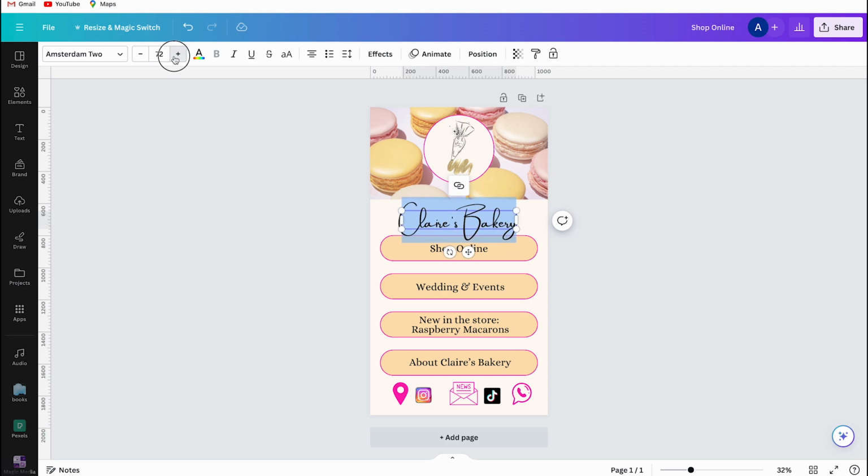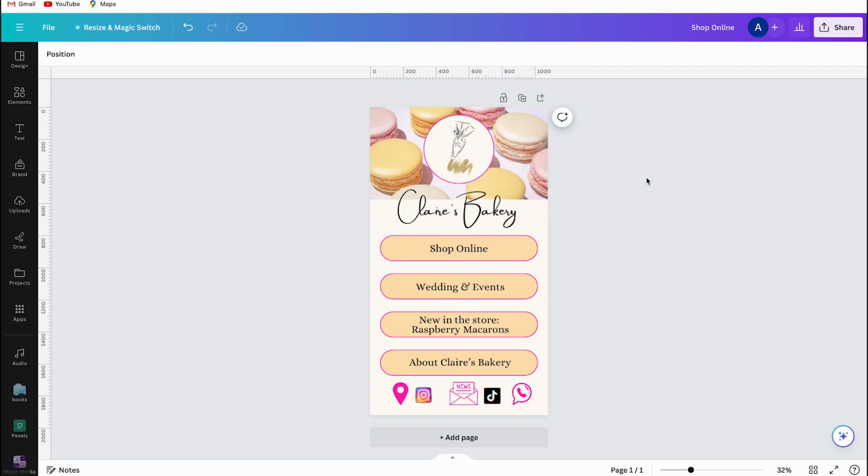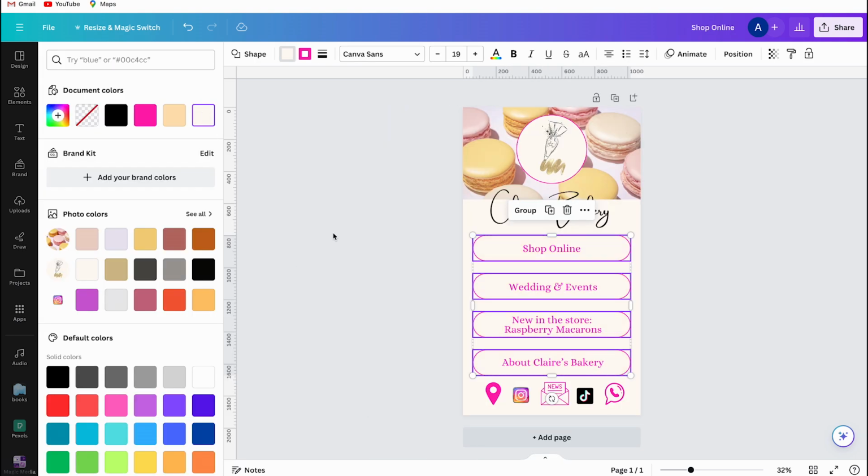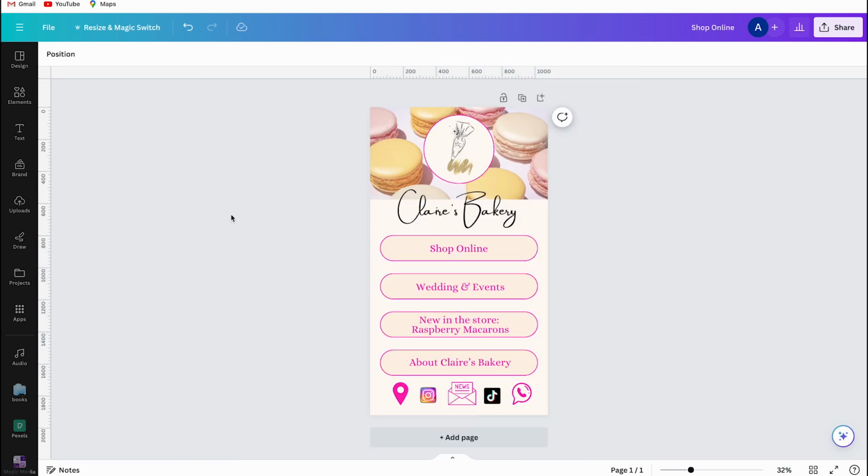And then I thought I was finished with my design, but then I came to the conclusion that I didn't like the colors of the buttons. So I changed them to a lighter pink and also I switched the text color from black to pink. I must say that I prefer it this way because I like this more.